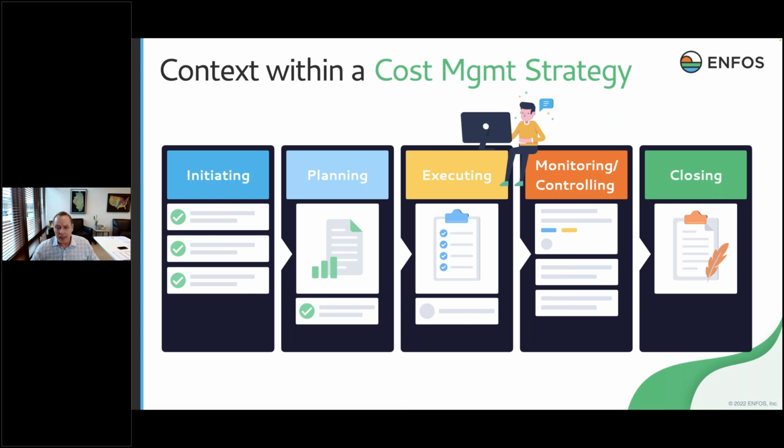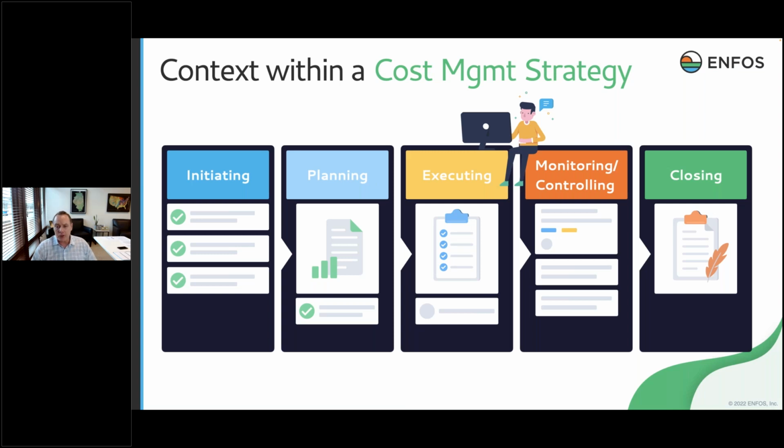It must be done systemically. Now, if you have one project or you're only responsible for one project, you can think about this in a little different way. But if you're managing the enterprise, the remediation function, or a large group of that function, you have to think about this at a higher level. How do we have repeatable and proven practices that make our jobs easier, give us better data, more timely data that we can use for insights and decision making? So you have to have the context of the strategy.